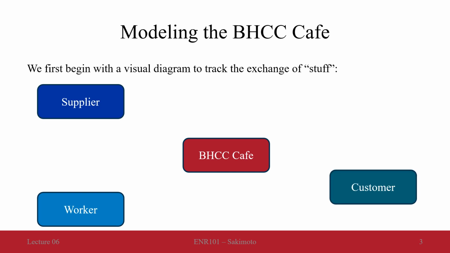And of course, the customer, the students who purchase the goods, who create a demand for customer service, who of course pay money as revenue. So for each of these three categories, goods, money, and people or labor, we're going to track the flow of these things through these four different parties, through these four different little boxes. In terms of goods, our supplier physically sends or delivers sandwiches or other food products, and those sandwiches are eventually sold and passed on to the customer. For each of these